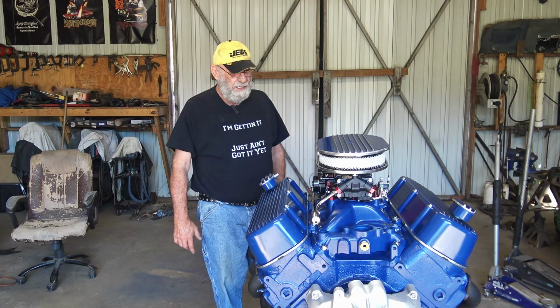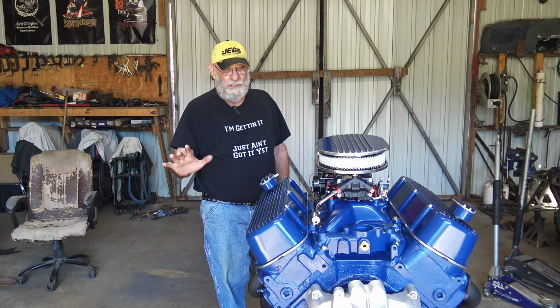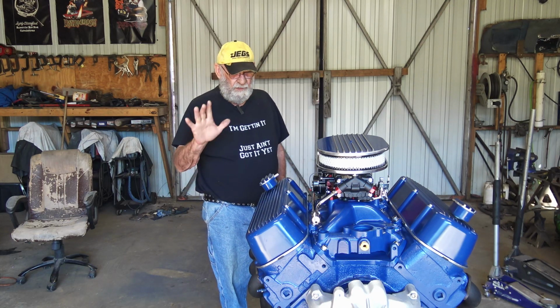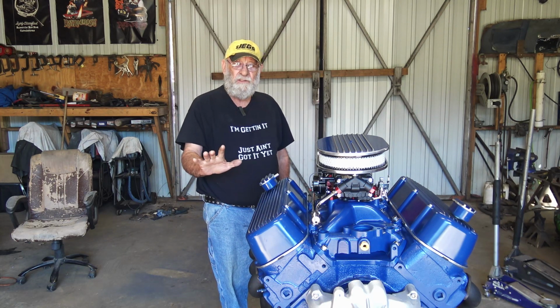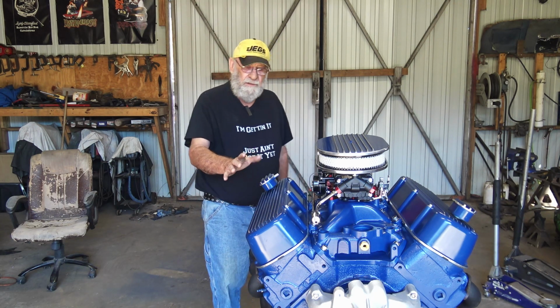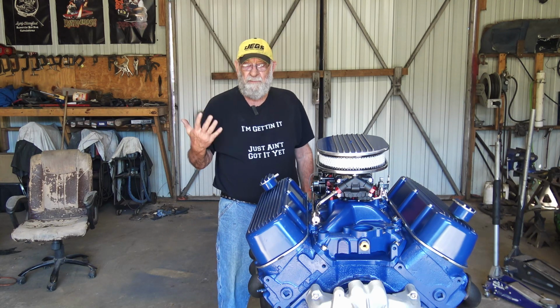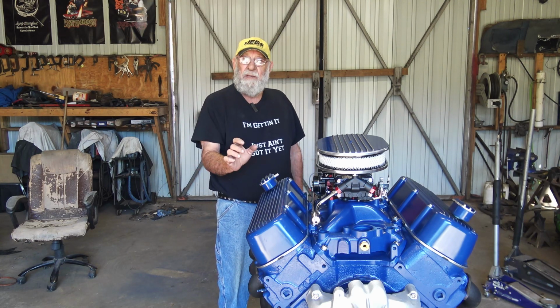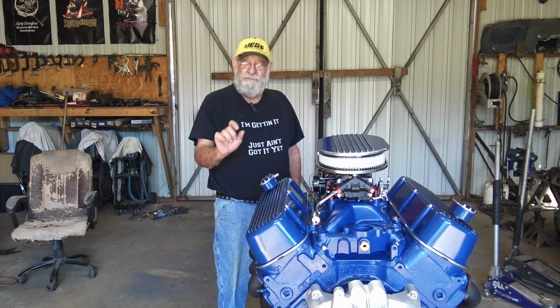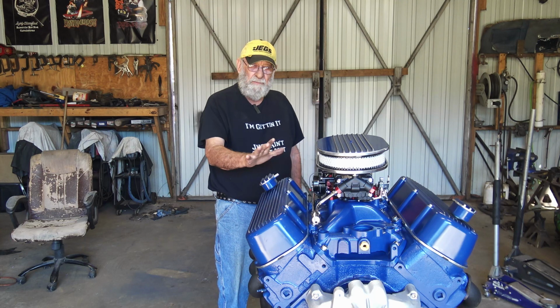So you guys remember a couple weeks ago I painted the bed blue, rubbed some black on it, and it made that blue a lot darker. So I wanted to paint the engine the same color as the truck. Of course, I'm not gonna rub black over the engine, so what I done, I took some of that same blue paint that I painted the bed with, and I mixed a little black with it, like 15 to 1, 15 parts blue, 1 part black, to make the blue a lot darker